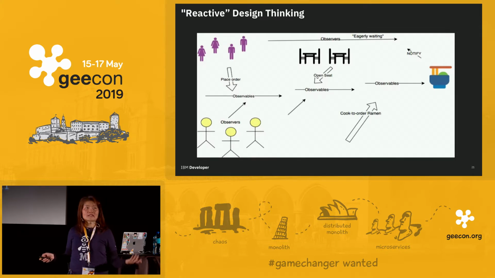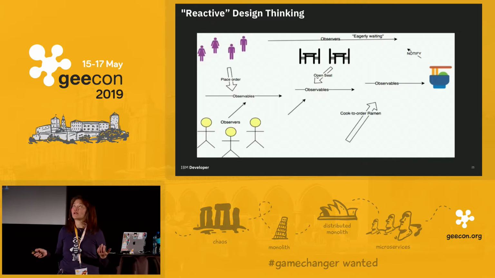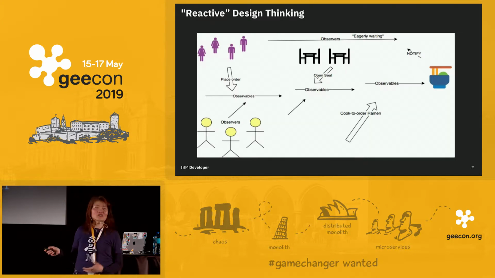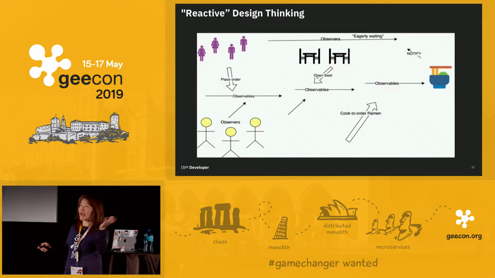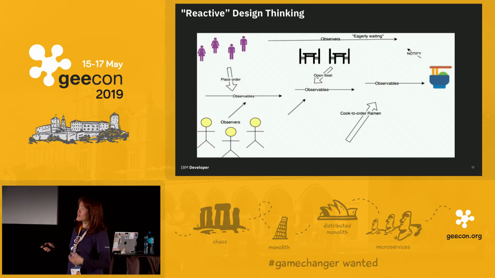However, they can't really tell the cook to cook noodles yet, because they need to wait for the seats to open up, because we know we have limited seats. So we also need another observable, essentially receiving events if there are open seats available. In this case, the waiters would have to manage two observables: orders coming in, and open seats. Once we can match these up, then we can tell the cook to start cooking the ramen.